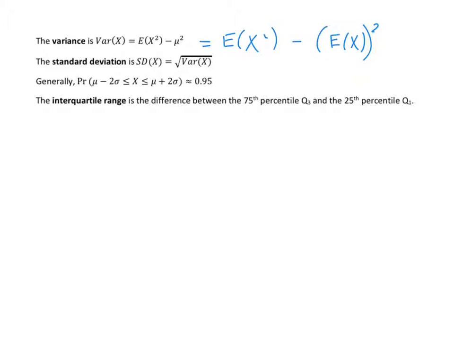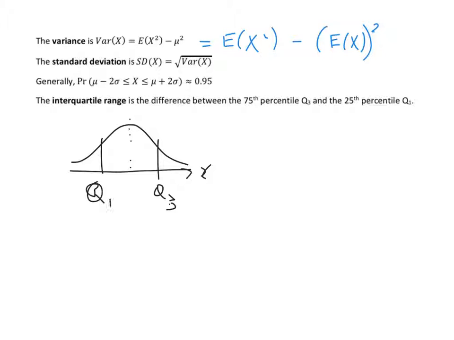So it's worth putting this diagram in your notes. I'm using a bell curve, but it doesn't have to be a bell curve. The Q3 will be this number here, and Q1 would be this number here. And if I do them separately,